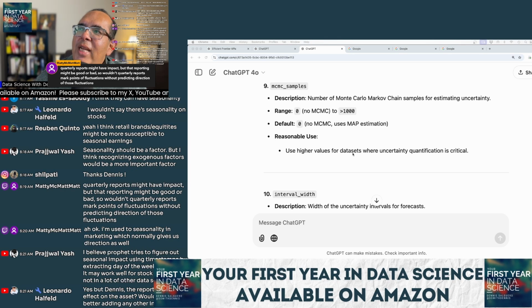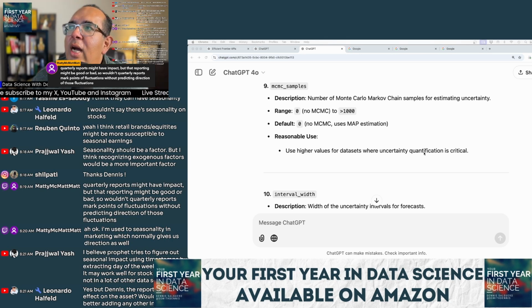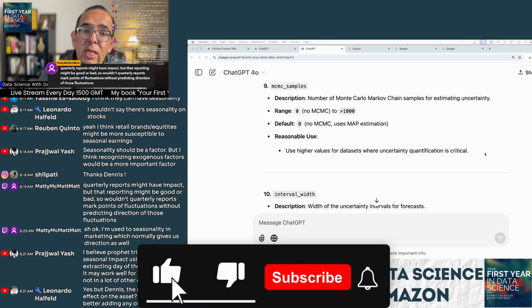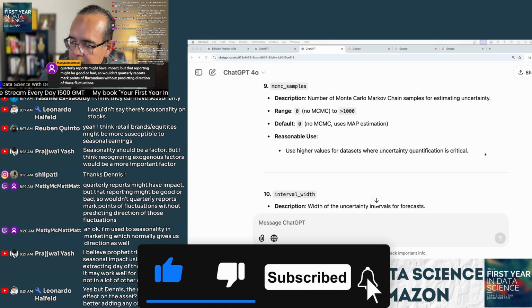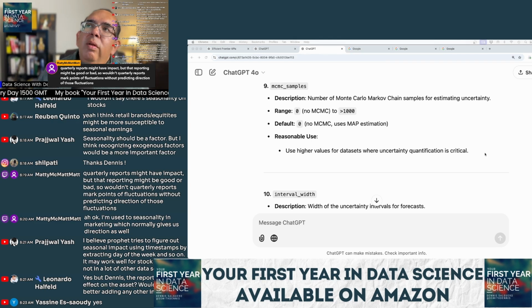Use higher values for data sets where uncertainty quantification is critical. Ooh, that's an interesting comment. Interesting hyperparameter, right? Where uncertainty quantification is critical. Does that sound critical for investments? Uncertainty quantification? It does, right? You kind of want that. So, very interesting